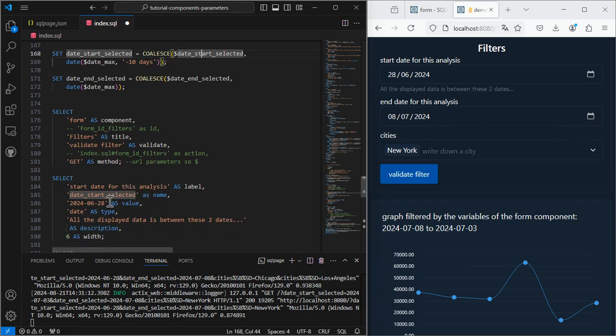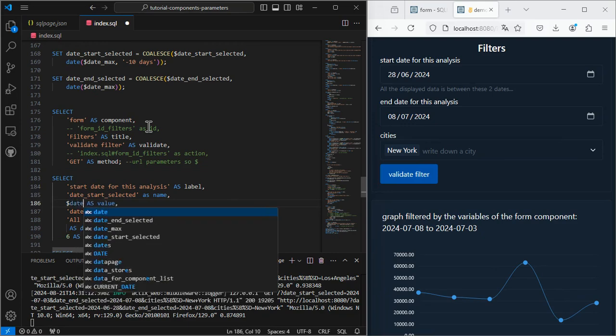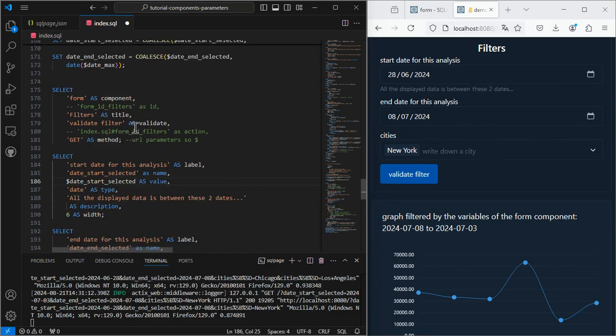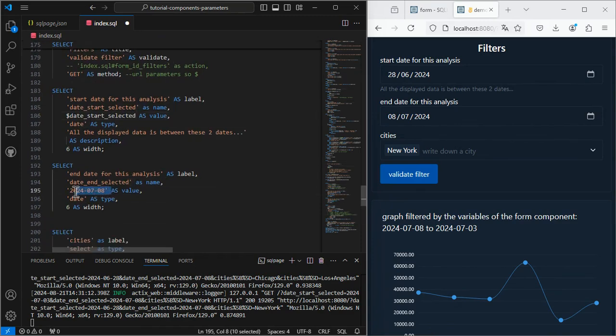Let's now use these values inside the form. I am going to replace this default value by date start selected with a dollar because it's a variable. Same thing here with the date end.